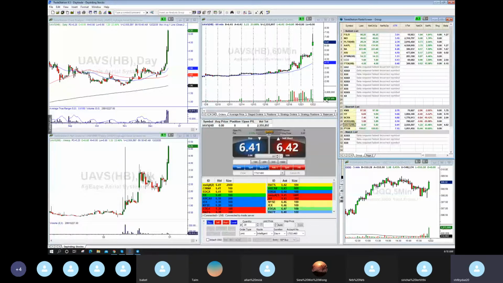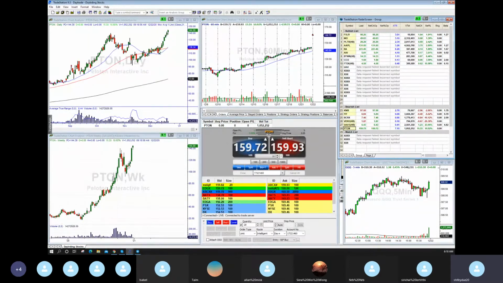It could go either way. It could be short and it could be long here as well. All right, and then I have PTON the same way. Now this is hard to call tops on these stocks, but this has been up for 10 days here. If it runs up like we shorted Baidu, Roku, I like this PTON to short as well, but it's really hard to call the tops here, and